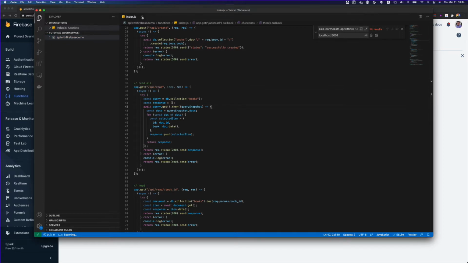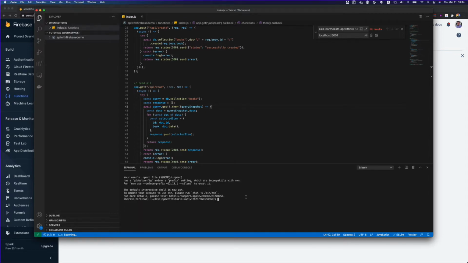Let's get started, and I'm going to open the terminal here. I'm using VS Code, but you can use any IDE you want. I'm going to go out of this directory and create a new project using Angular CLI.